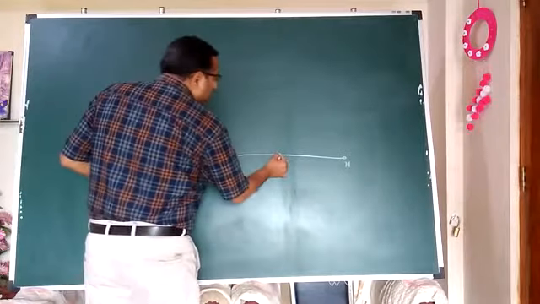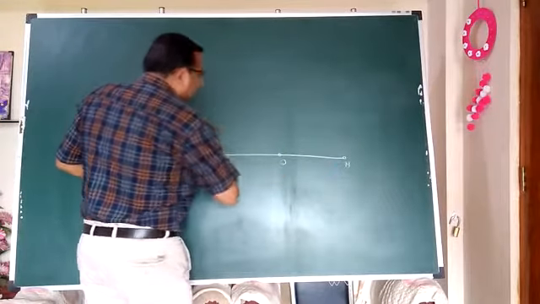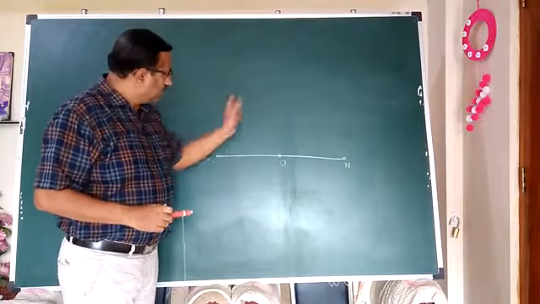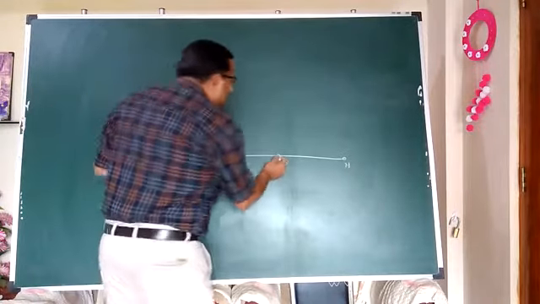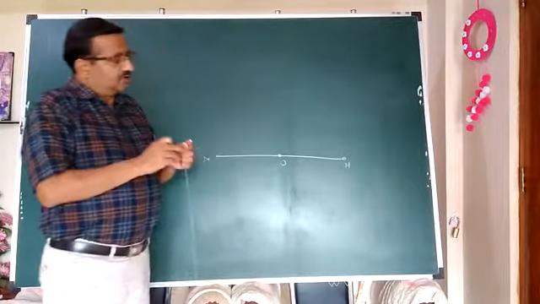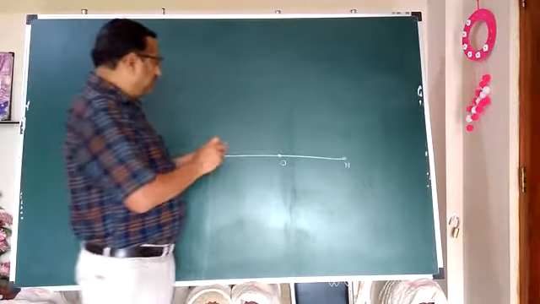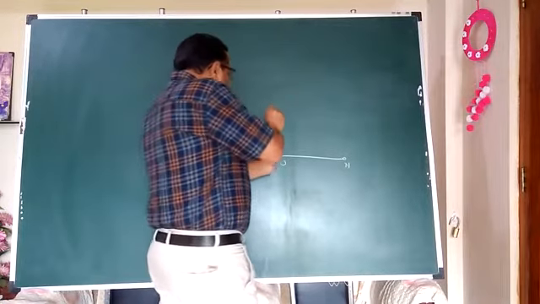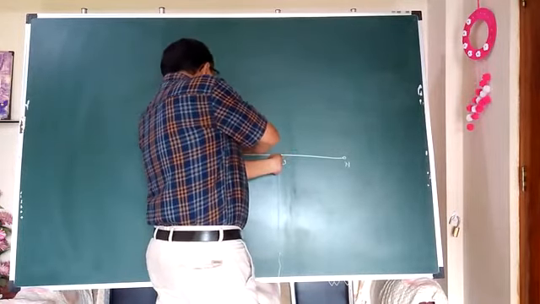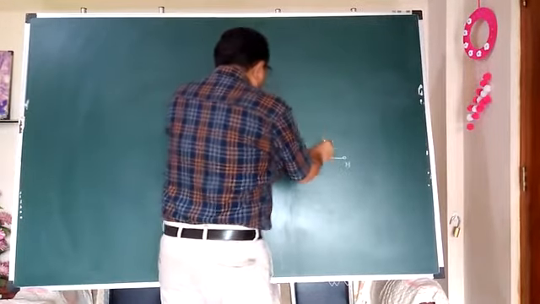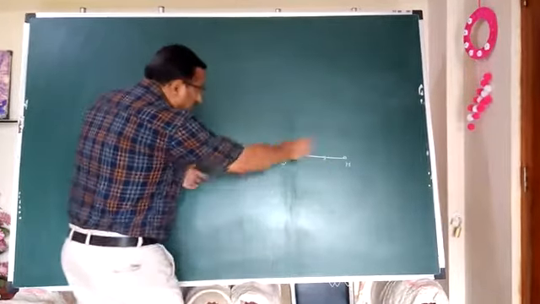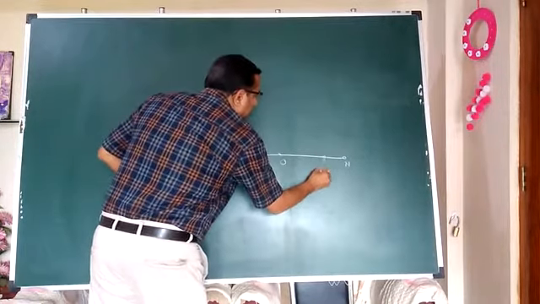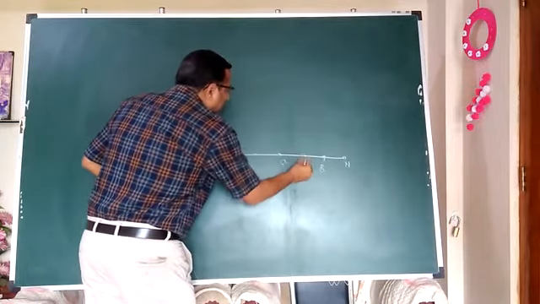This point O is on the given line MN itself. Through O, it is asked to construct a perpendicular line to the given line MN. What is the procedure? Pick any radius in the compass, and from O, with the same radius, mark two arcs on either side of O on the same line. Suppose these points are A and B. Both are equidistant from O.